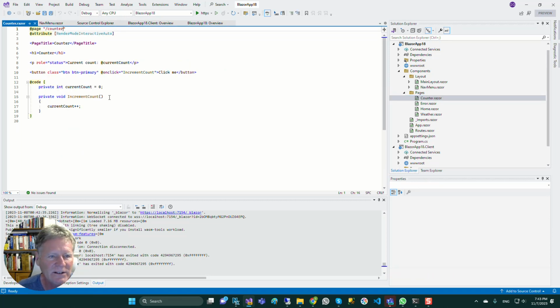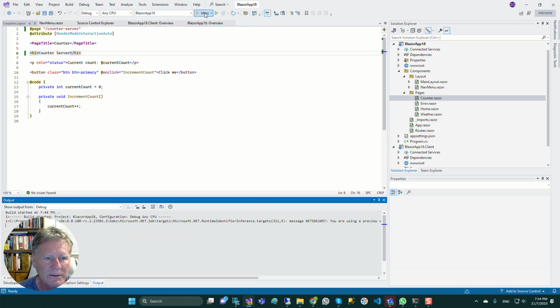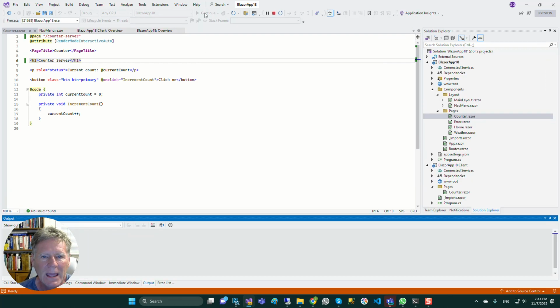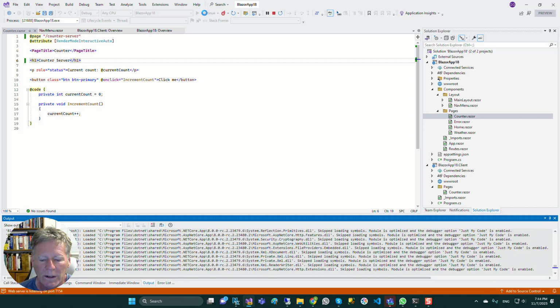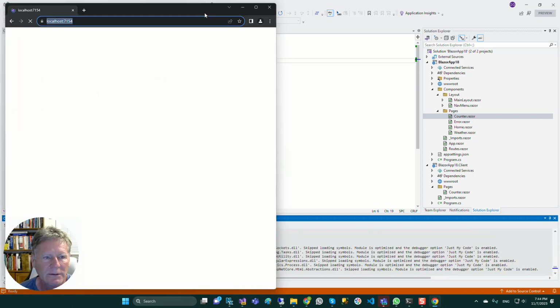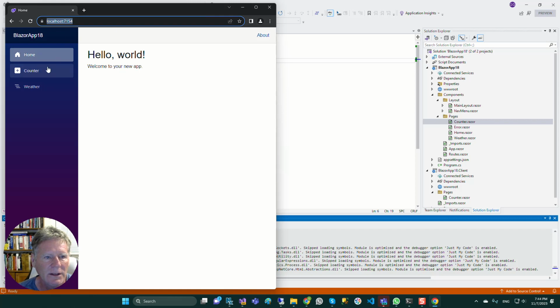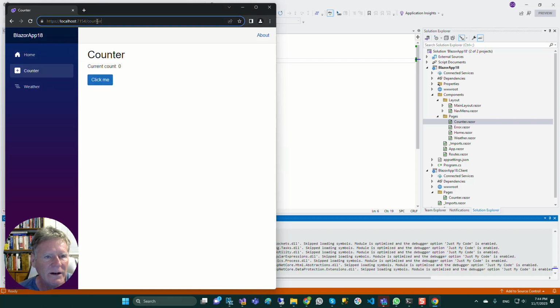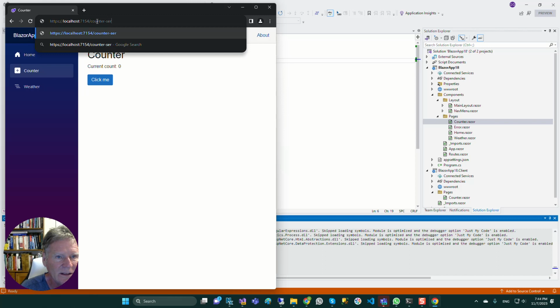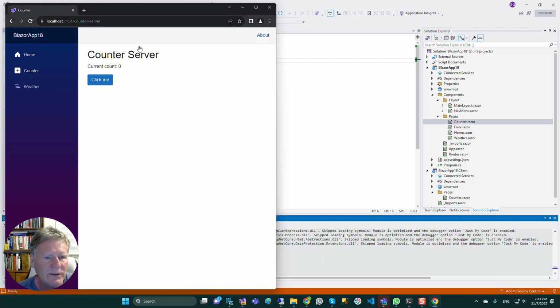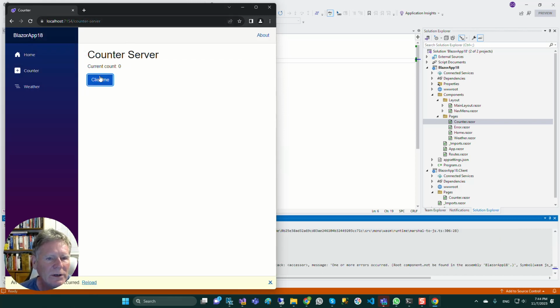We're going to change this a little bit just to disambiguate, and we'll call it counter server, and I'm going to change this to counter server just so that it's clear that it's there, and we're going to run it and see what happens. So here is our one there, and we're just going to type this in manually, counter server. See, so now we're on the counter server page, and we're clicking, and